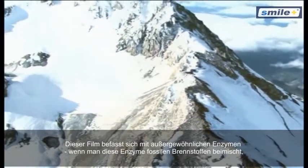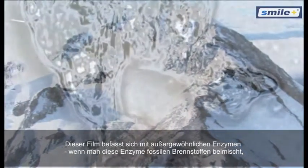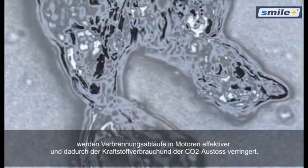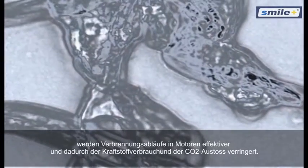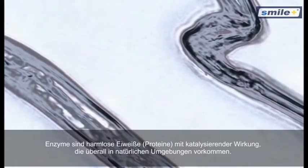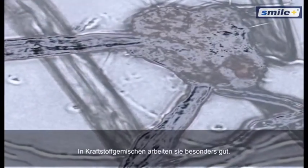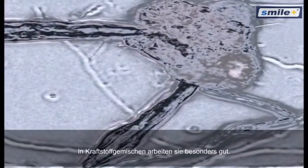This program looks into extraordinary enzymes that, when added to fuel, appear to cut consumption and carbon dioxide emissions by making combustion engines more efficient. Enzymes are harmless protein catalysts that occur naturally in aqueous environments, but research into oil-based use of enzymes has been